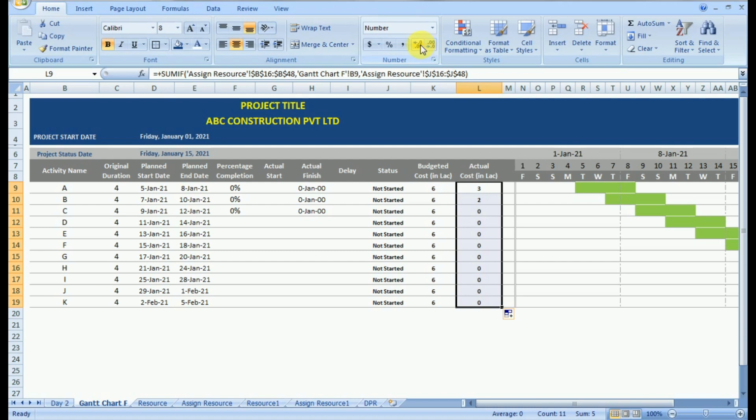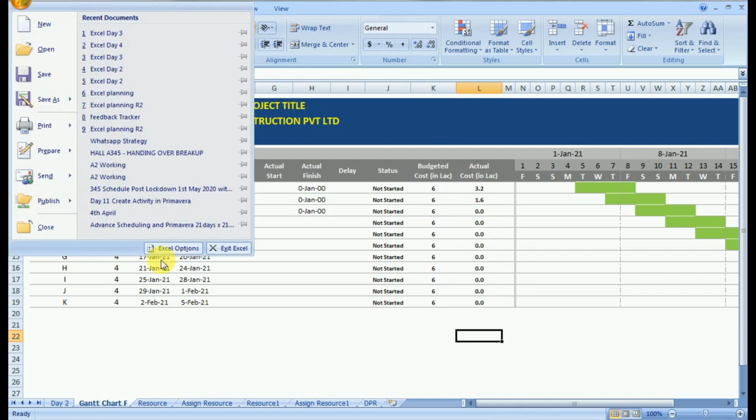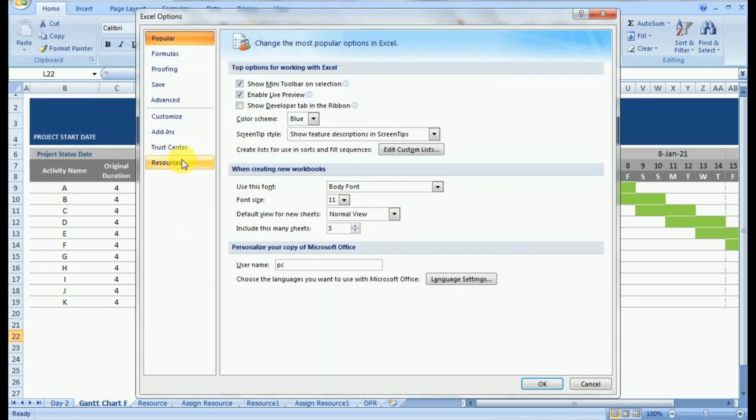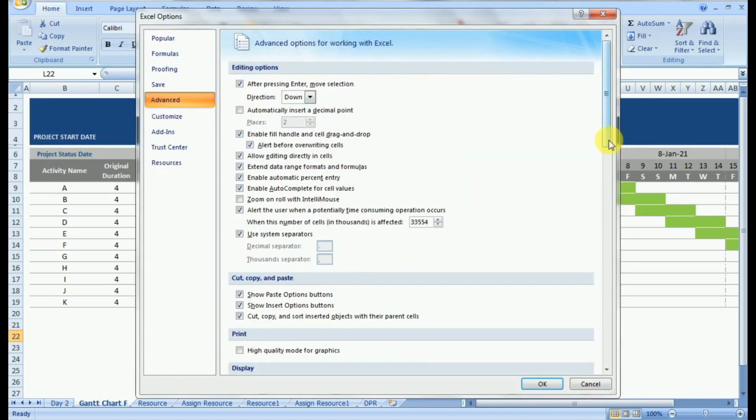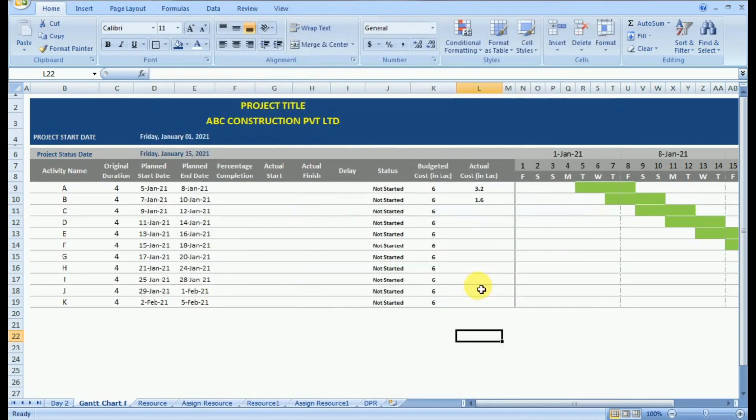Now here if we make a sum of actual cost, it comes out to be 3.2 for activity A, and our value on the main screen is also coming out to be 3.2. That means we have applied the correct formula and hence we can drag it. One cross check is important because sometimes we make a manual error in a formula which is then repeated in all the sheets if not corrected.